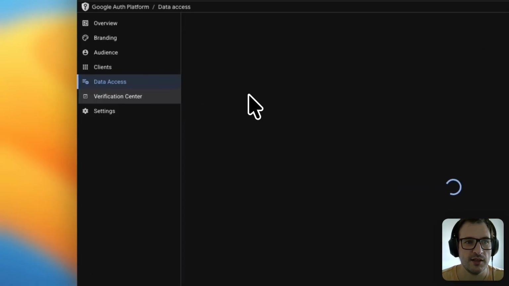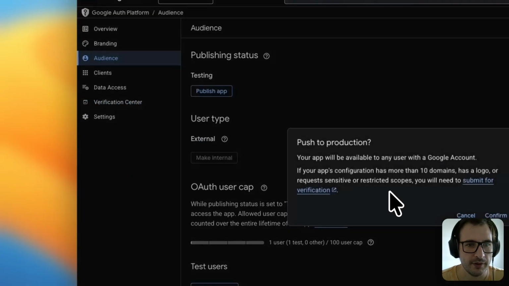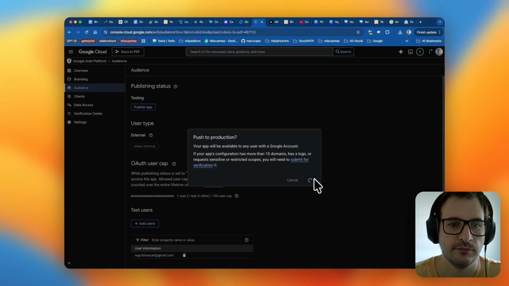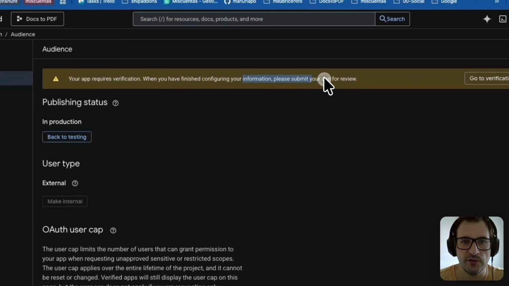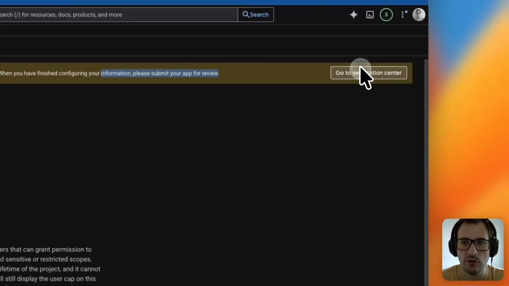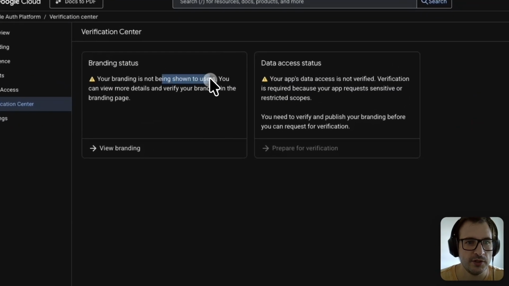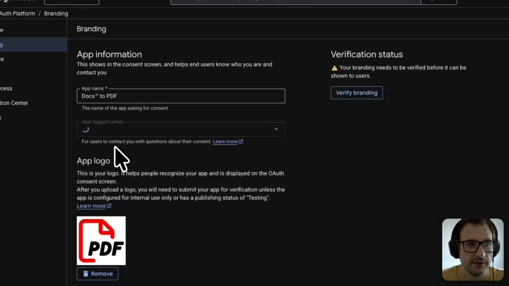Okay, verification center, and here we need to publish the app. Push to production, confirm. Your app requires verification. When you have finished configuration information, please submit your app for review. Go to verification center. Your branding is not being shown to users. You can review details. Yep, data access is not verified. Verification requirement. Okay, view branding,